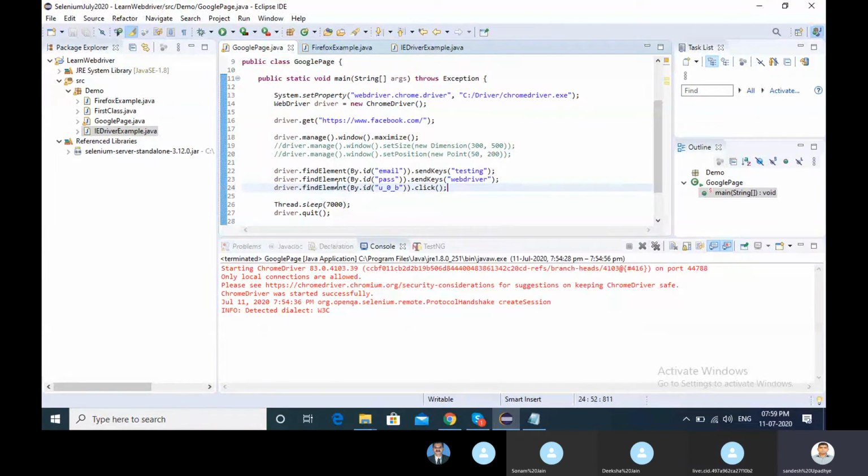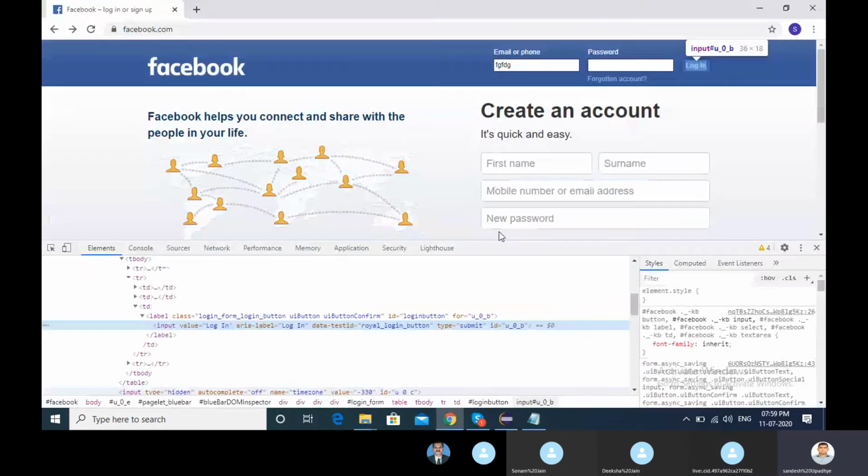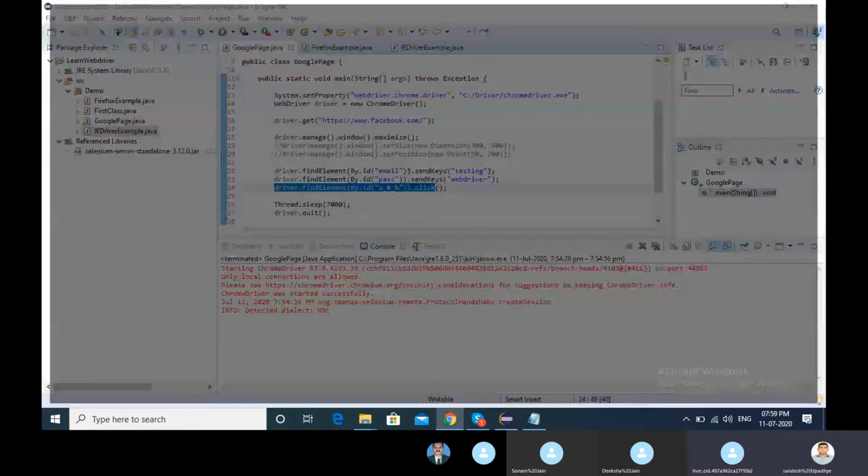So what happens? It will enter the username, it will enter the password through WebDriver, and once the automation clicks on the login button, it will redirect to another window. Let me rerun and show you.